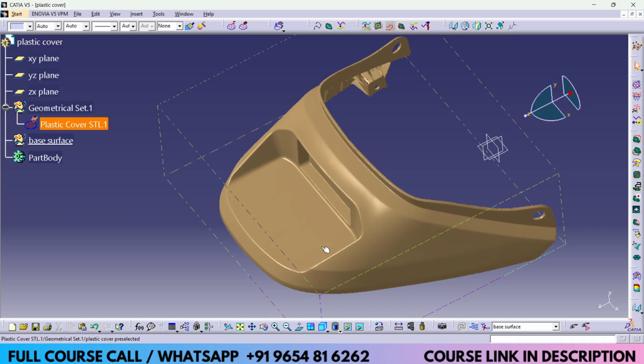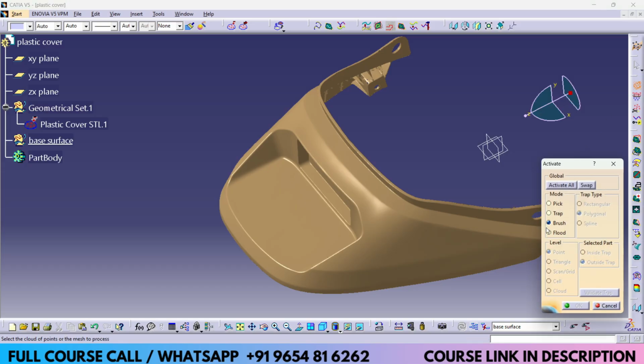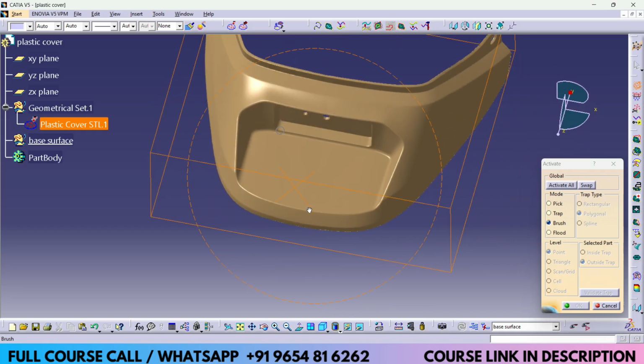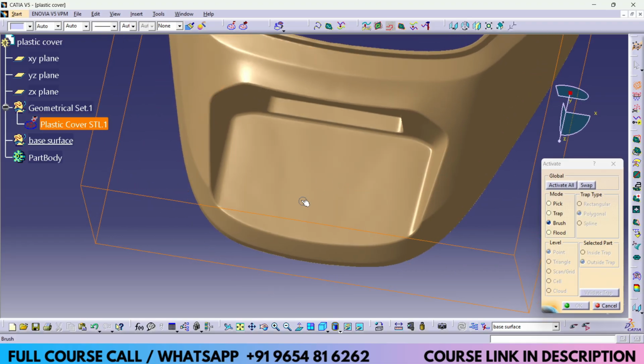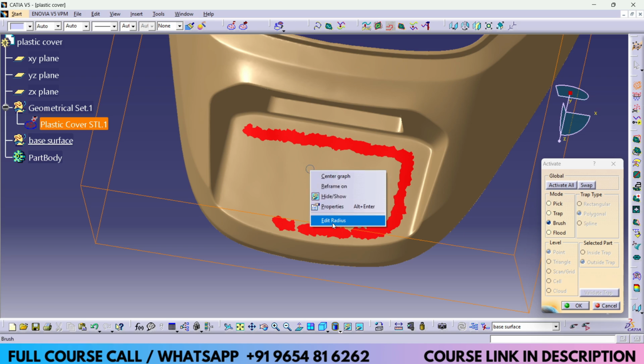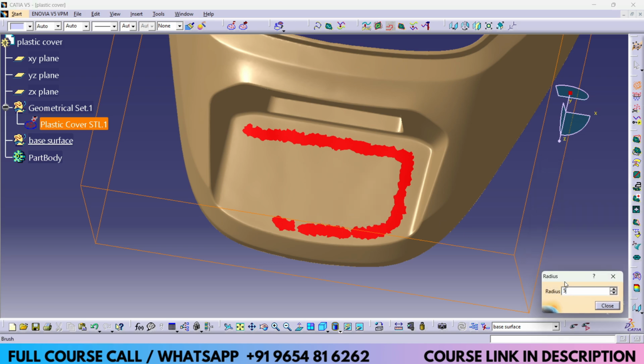To create this surface, we have to extract the scan from this complete part. For that, go to the Extract or Activate command, or Activate Scan. Select this. Under this again we have the options. We'll try to cover all these options, but now I am going to use the Brush. So select this scan, and immediately the Brush command activates. Select the scan where you are going to create the surface, and maybe you can also change the size of the brush to make it faster.